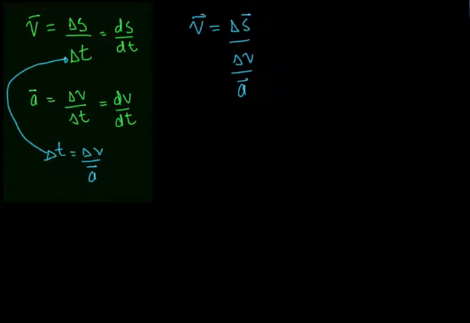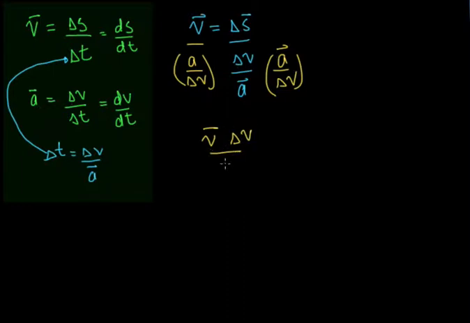I'm going to divide both sides by this, and then I'm going to multiply by change in v over acceleration. What'll that give me? That'll give me velocity times change in v over acceleration equals change in s. And then rearranging that again, I'll get v change in v equals a change in s,